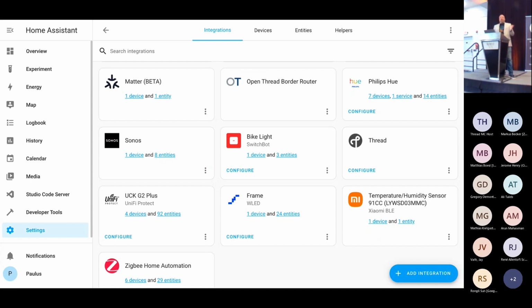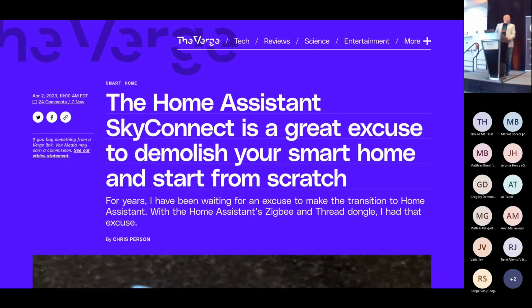But then, of course, our existing user base said: well, we didn't buy the Home Assistant Yellow because we already have Home Assistant running. What do you have for us? So we took that same chip, put it on a USB stick, and launched the Home Assistant SkyConnect. Both these pieces of hardware have been very well received. This is an article on The Verge, a very big tech news website here in the United States. Just a couple of weeks ago, they tried out the Home Assistant SkyConnect, and they loved it. They actually reconfigured their whole house using Home Assistant. It's not necessary, but this person, I guess, went really deep in and loved it.